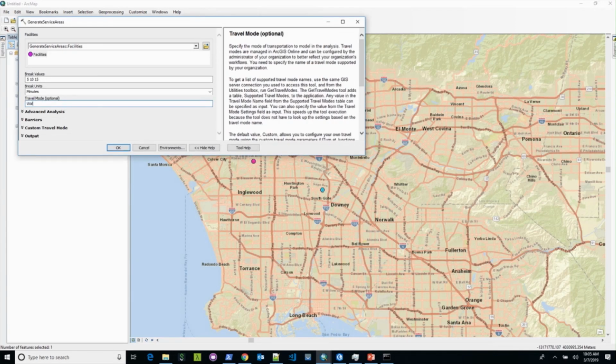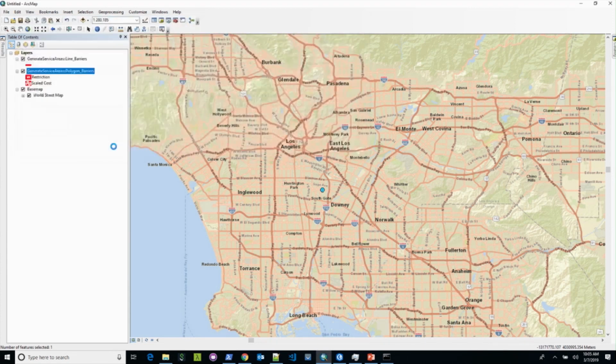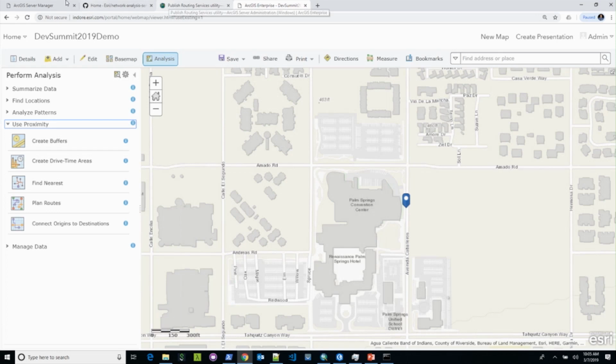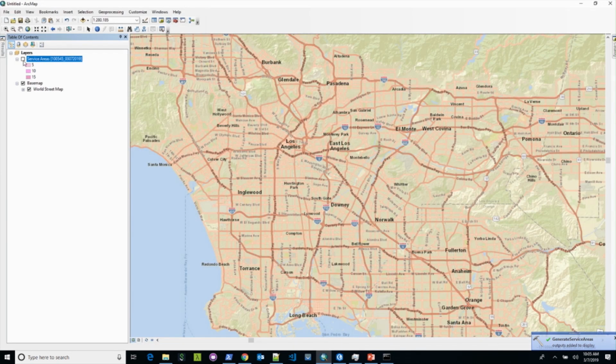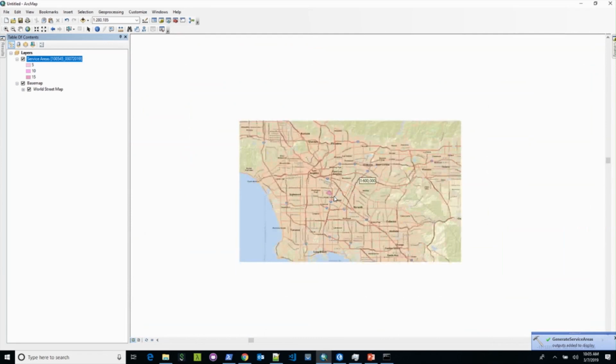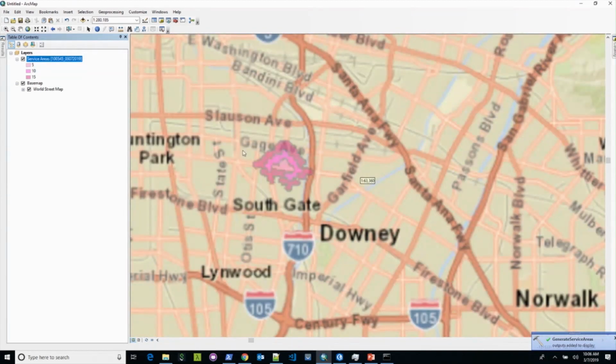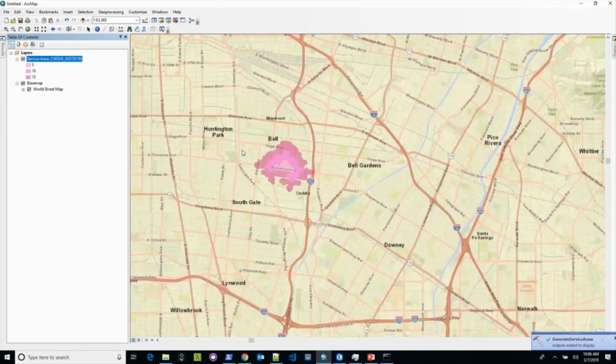Change this travel mode to be walking time. So now at this point, if we come back and if we are lucky, you see instances in use is 1. So the service is running on our server here, and then you can see the results being did. So I did walking, and those are the 5, 10, 15 minute walk times from the point that I